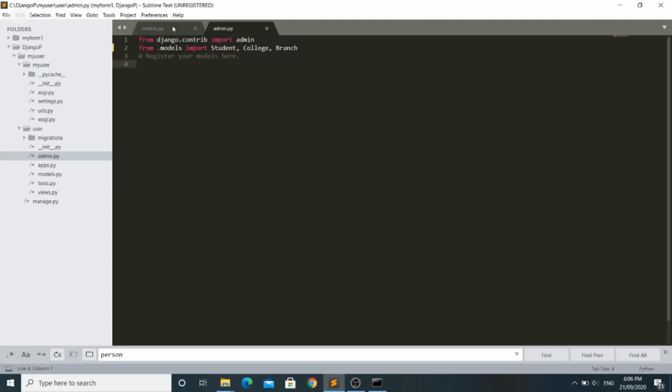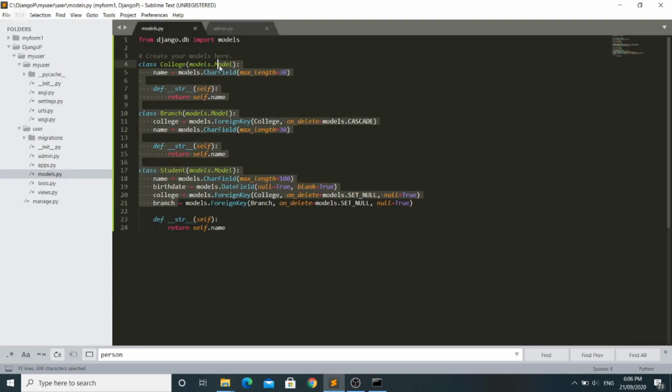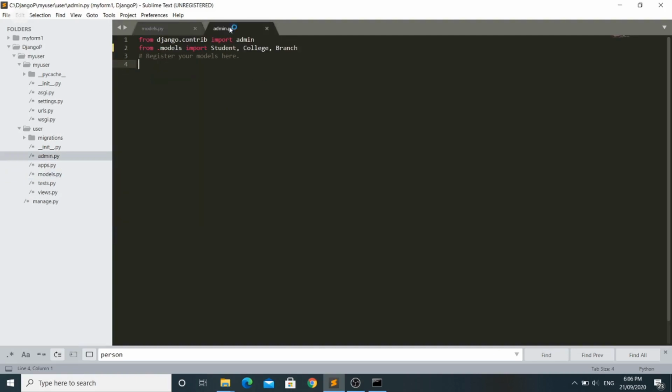Okay, so we have created our models in models.py and now we are going to register all these models on our admin side so that we can moderate those fields very easily. I have imported all the models which I am going to register on the admin side. So let's register the models on the admin side.